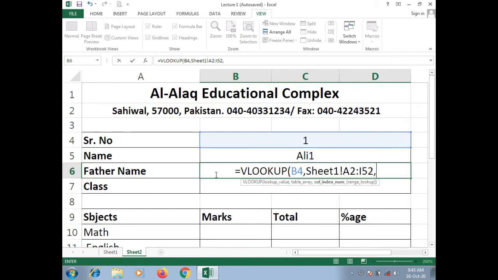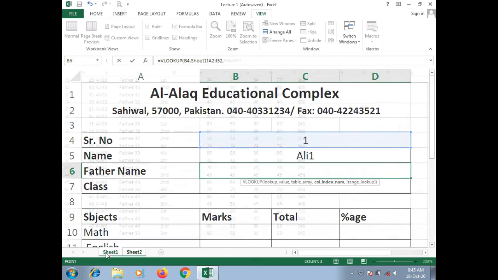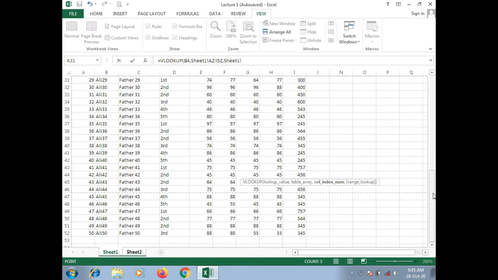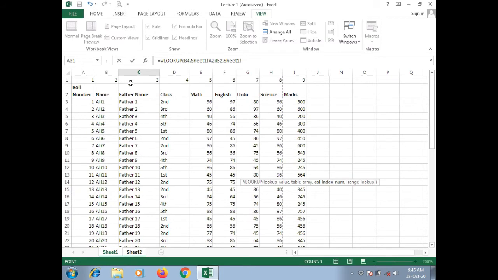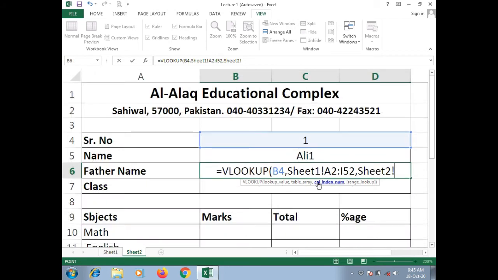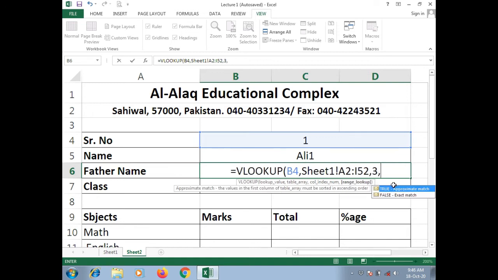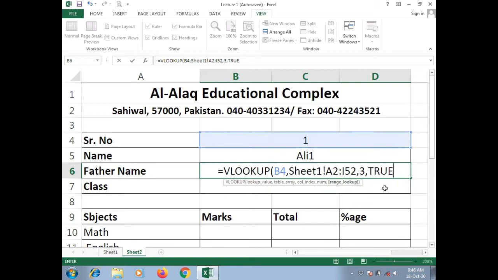Father name is present in column 3, and class is present in column 4. So now I will write 3 as the column index, then exact match TRUE, and then close the bracket.